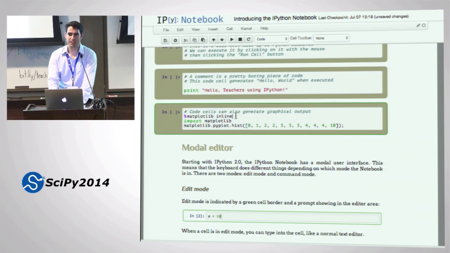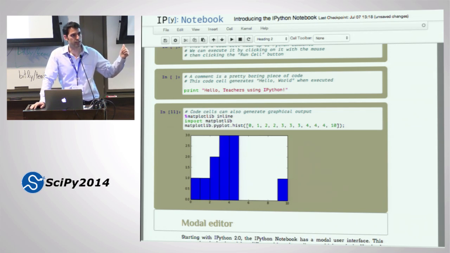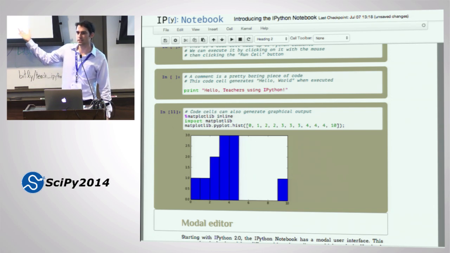Okay, and this is probably a slightly more complicated example. This is a Matplotlib histogram. Is everybody seeing blue, or are people seeing a different color here? Blue? Is anybody seeing green? Okay. I've been seeing these green Matplotlib plots, and I don't know if somebody changed the default in Matplotlib. That's a terrible way to find out, isn't it?